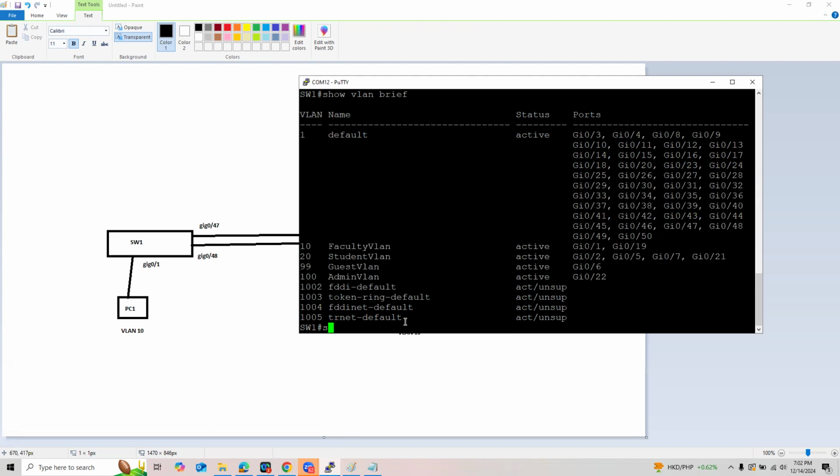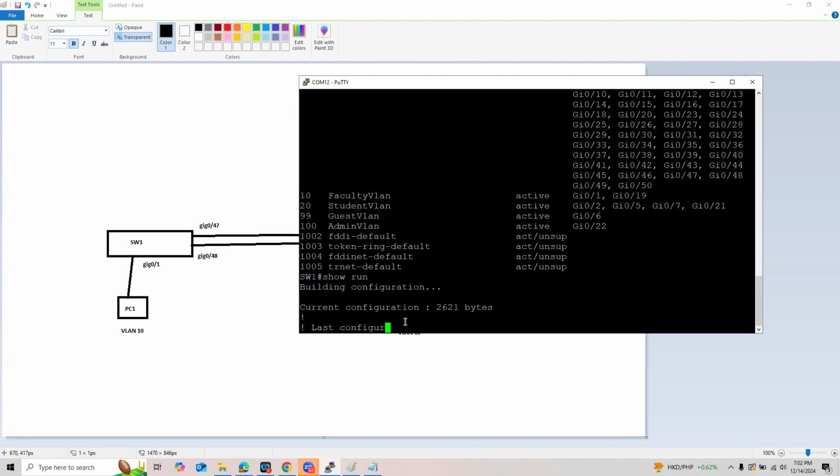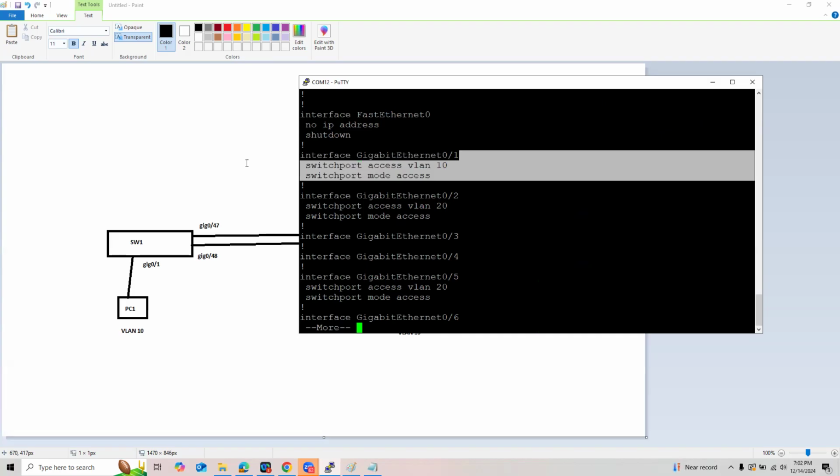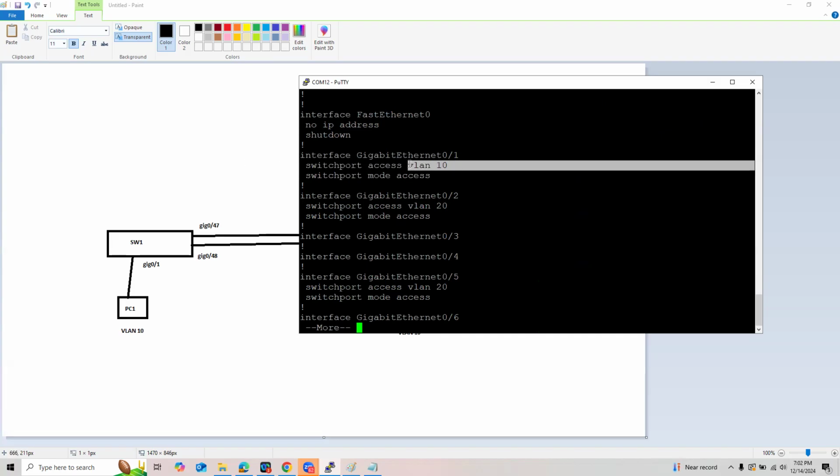And the command was, if you still remember, what was the command then? We have two commands to remember. You have switchport mode access, and then switchport access vlan and then the VLAN ID. So this is how you make the port an access port, and at the same time transfer it to the VLAN that you want. So just remember these two commands.